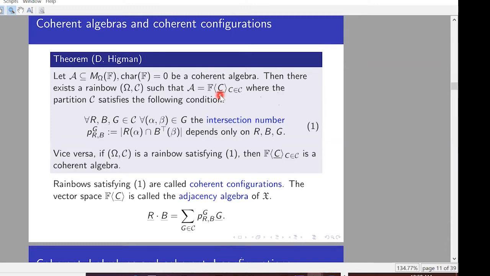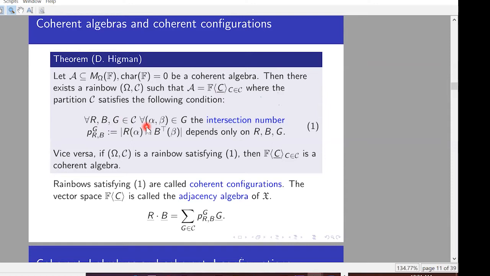So there should exist intersection numbers. It means the following. If I take any three colors from my rainbow, say red, blue, and green, if I fix any arc of color green,